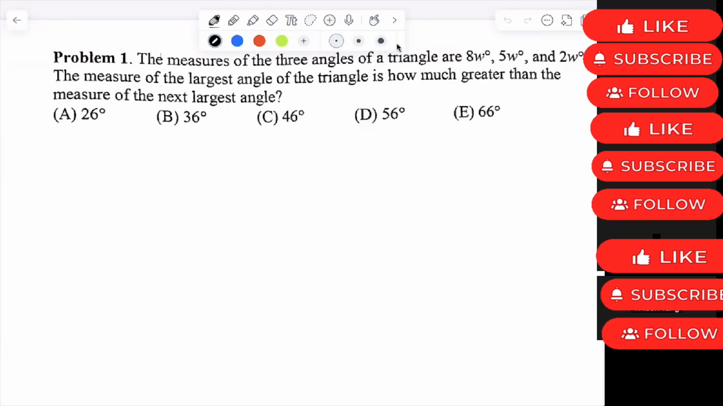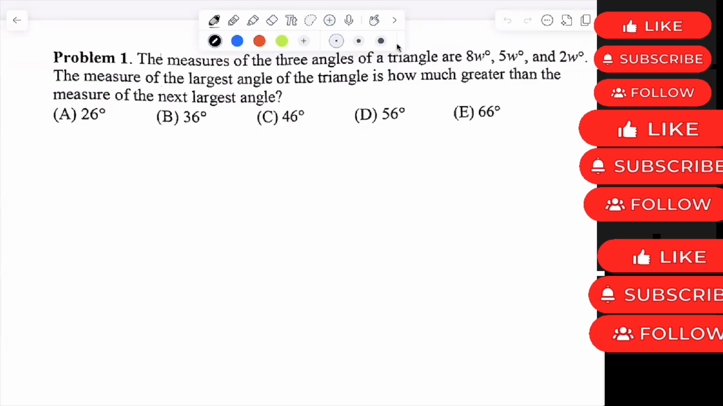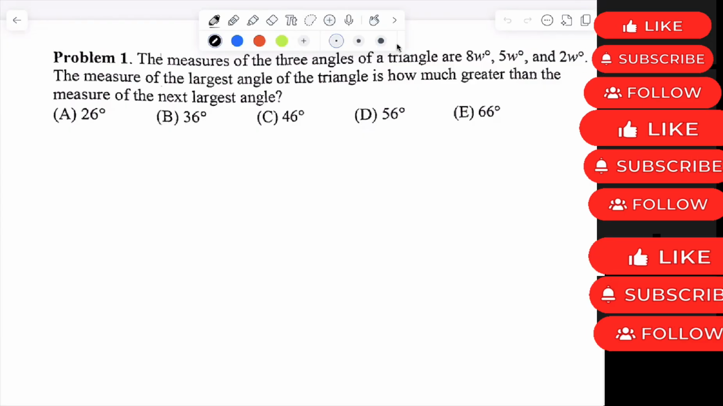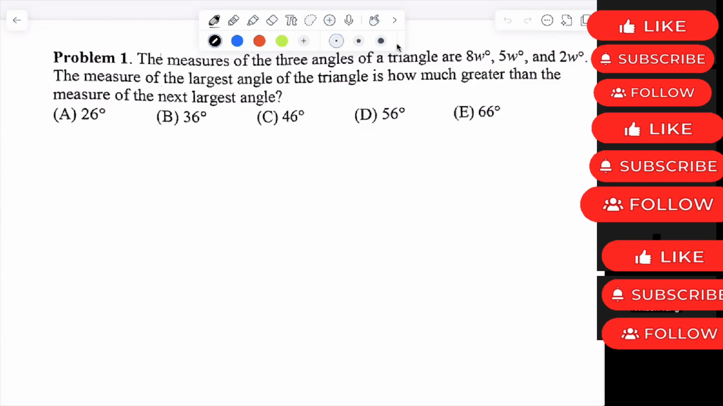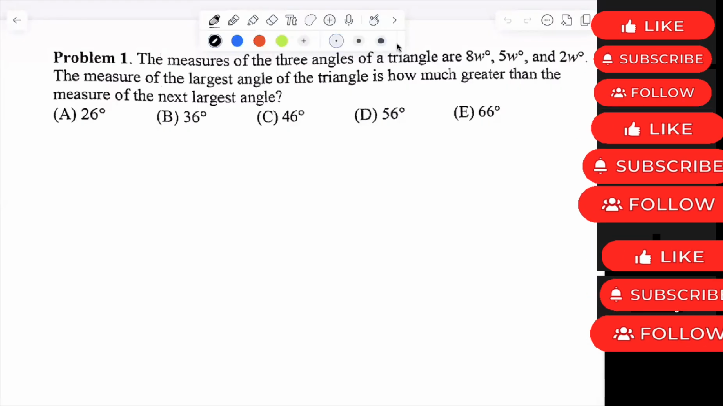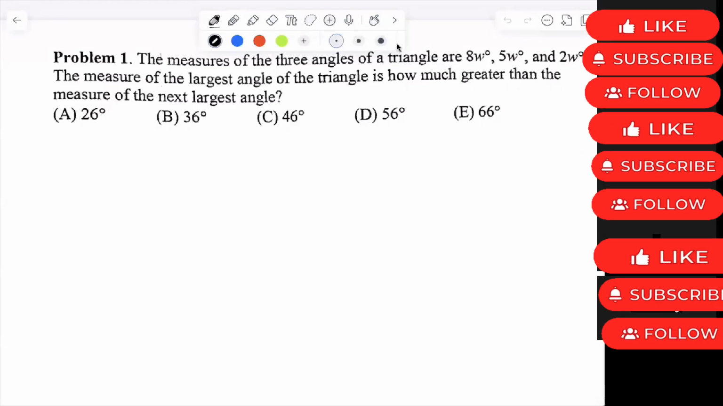Today we're going to start a new lesson about geometry. Alright, let's start. Problem 1. The measures of the three angles of a triangle are 8W degrees, 5W degrees, and 2W degrees. The measure of the largest angle of the triangle is how much greater than the measure of the next largest